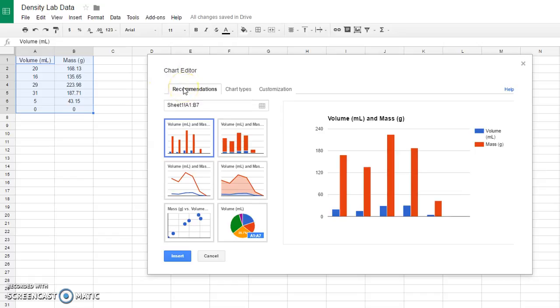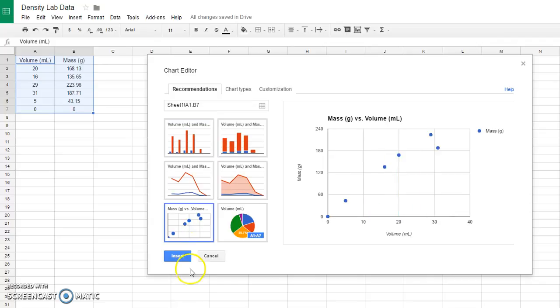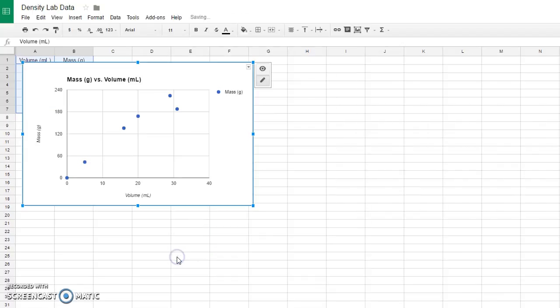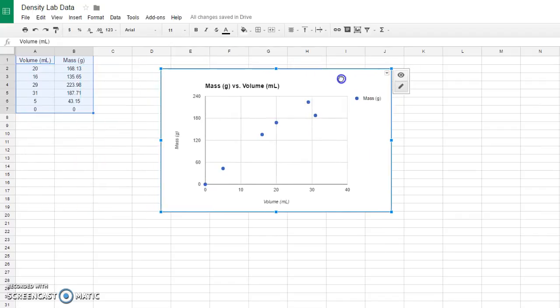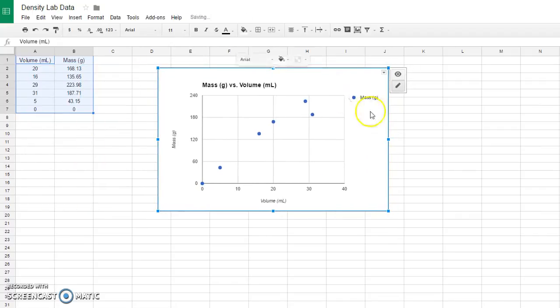makes some recommendations, and I see down here it has recommended a scatter plot, which is what I'm looking for, so I'm going to click on that. And then I could go ahead and customize, but I'm going to first just insert the chart, and that'll allow me to show you how to then customize. So click insert, and then I'm going to grab the graph, and I'm just going to move it over here,